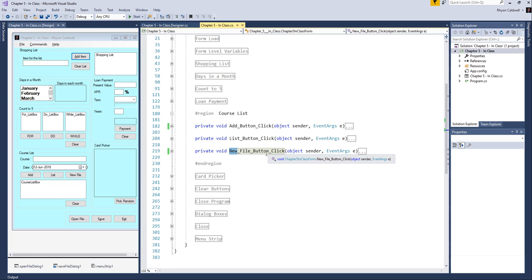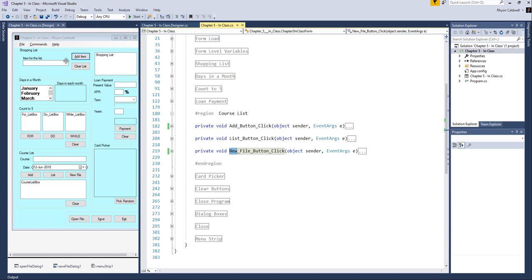file button. All right, now in this program, if I was to ask you to enter some data in here and click on the add button and put it into the list box, we've really done that right here in the shopping list, right? When we were back up here, we type in here, click add, it adds it to the shopping list. So the real key behind this particular program is to capture the data and put it into a text file so that we can permanently store the data, and then we can do things later to it, like sort it, search it,